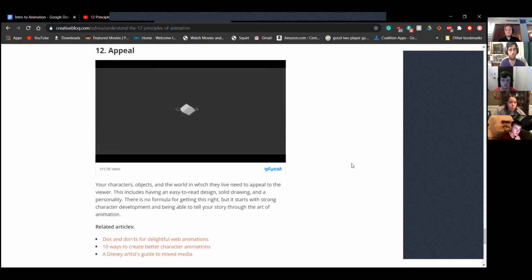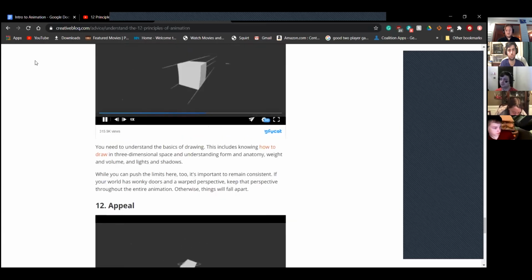And the final is appeal. So this is all about just making sure your animations are likable. And this is more useful for things like character animations. So if you're going to have a video game character that you want people to like, adding some appeal to them by making them easy to read designs, making them fun to look at, open, engaging, using a lot of the other